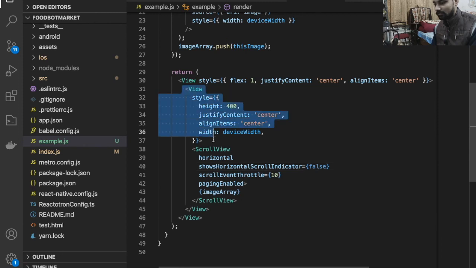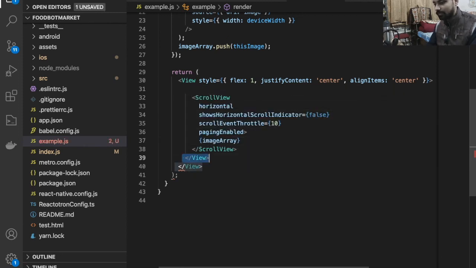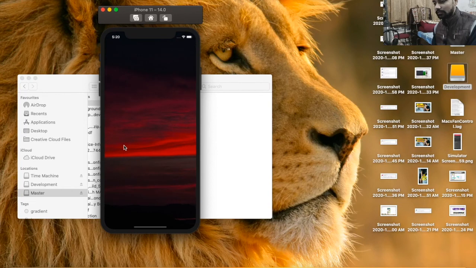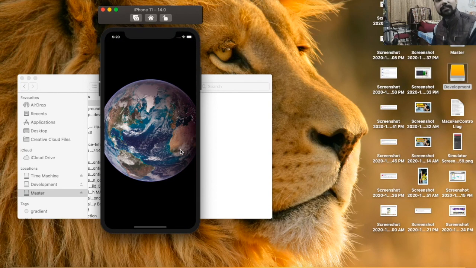Alright guys, so I'm going to delete my view from here. So you can see guys, this is the horizontal carousel, and I will enhance this view in the next video. I will use the onScroll property inside the scroll view, and we will do some animations also. To know more about this onScroll property and how we can handle it and put it into the animation view, you have to check my next video.